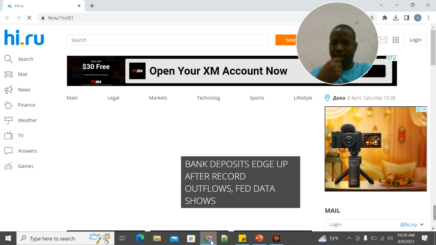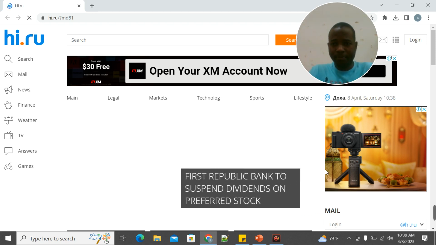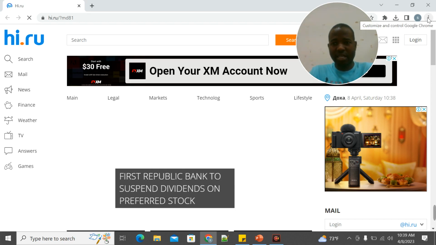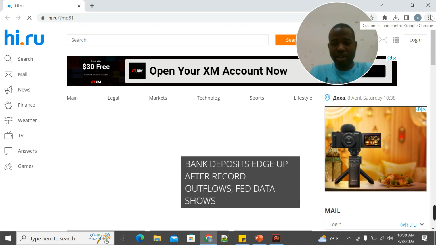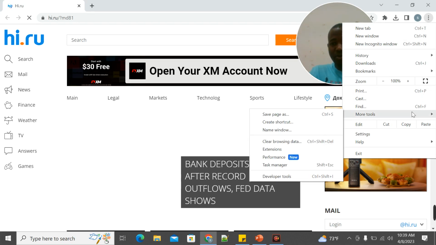So let us see how someone is able to remove adware from their browser. You follow with me. The first step, you go to your browser. On your browser, you click on these three dots on your right corner. When I click on them, I go to more tools, then under more tools, I clear